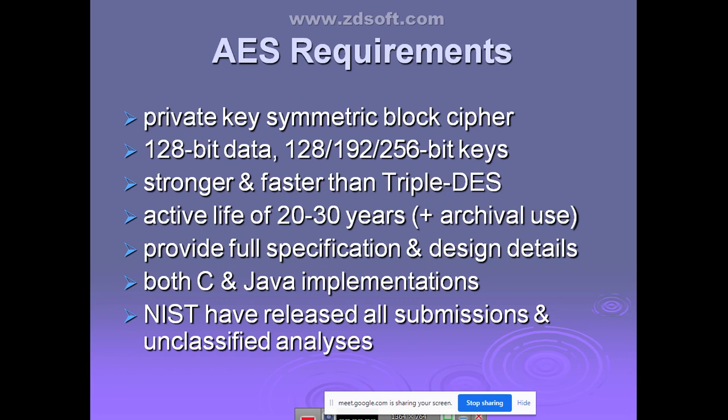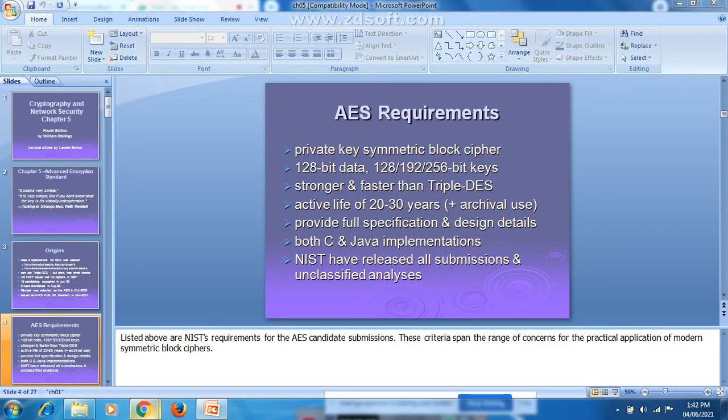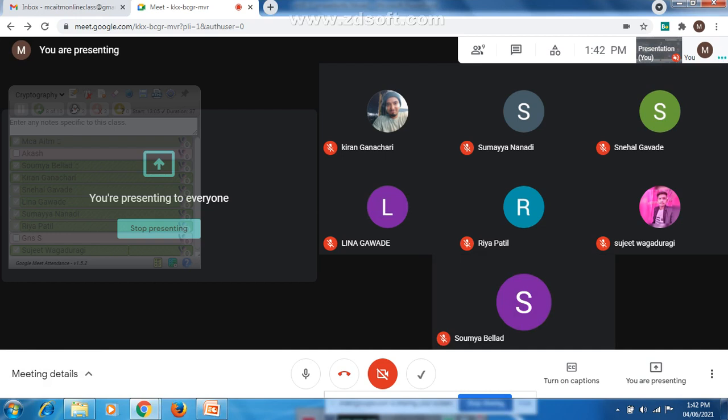These are the requirements of the AES. Just remember, it is going to take 128 bits of data, and that will be encrypted and decrypted by using either a 128-bit, 192-bit or 256-bit key. Compared to DES and triple DES, it is a much stronger algorithm. If it is stronger, that itself indicates that it is going to provide a higher level of security. Clear? Are you getting it, guys?